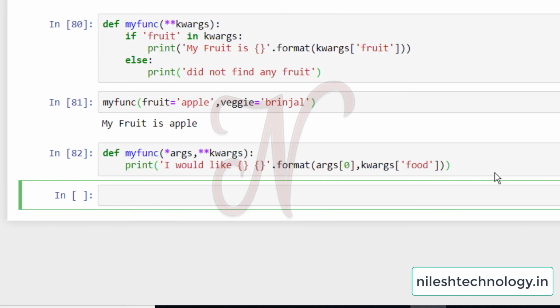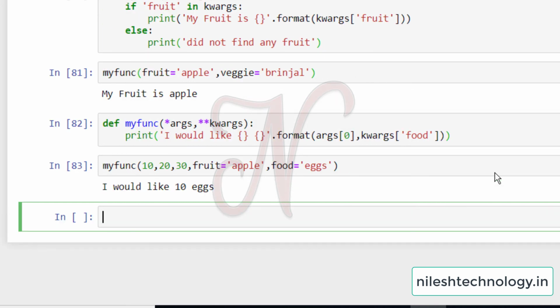So I can call my function and I can pass in as many numbers here as I want. See here, my func, so 10, 20, 30, these are some tuple values. Then fruit equal to apple, comma food equal to eggs. See here, my output is that I would like 10 eggs.